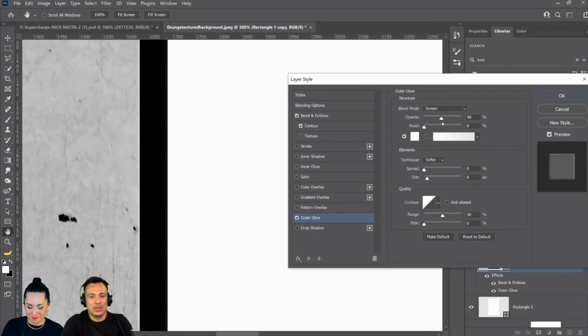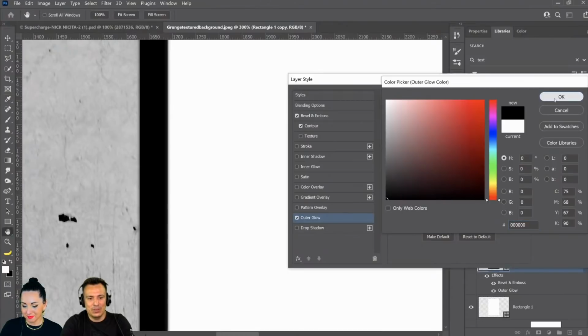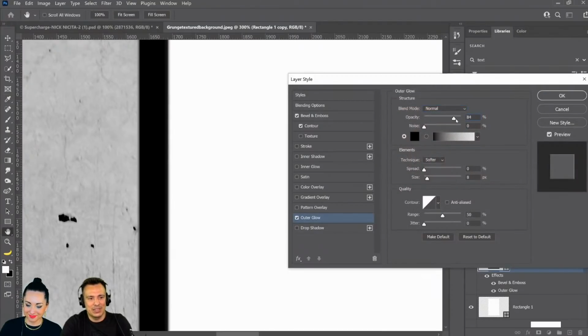So outer glow, this is one other thing I wanted to mention. With layer styles, you don't necessarily have to listen to what the label says. For example, this one says outer glow, but you can change it to normal and change it to black, and then you can make this a shadow. And I don't know if my photo, oh, here we go, there it is. I just needed to make it a little larger. But you can see now how we have a little shadow that is going out instead of just staying in there like so. So just because the label says glow doesn't mean you have to use it as a glow. You can change the blending mode to something else and use it to suit your purposes. In this case, I just want it sort of like a shadow on both sides. So that's an option there.